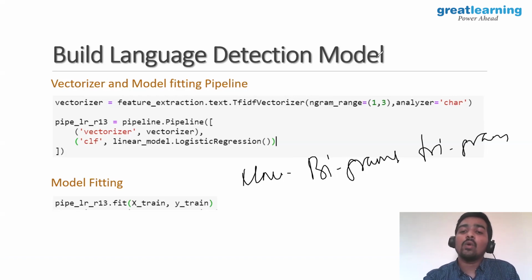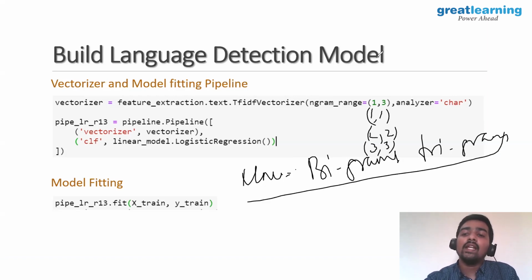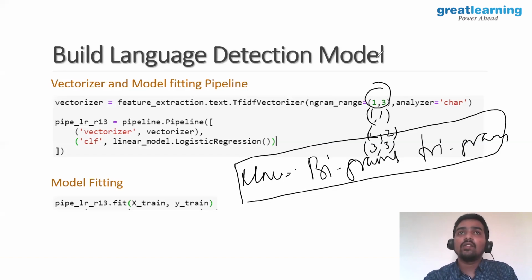If you want only unigrams, then it should be 1 comma 1, if you want only bigrams, it should be 2 comma 2, if you want only trigrams, it should be 3 comma 3, and if you want all three as features in your data set, it should be 1 comma 3. Okay, so this is how it differs. Since we have used 1 comma 3, we are using unigrams, bigrams, and also trigrams of the text as features.